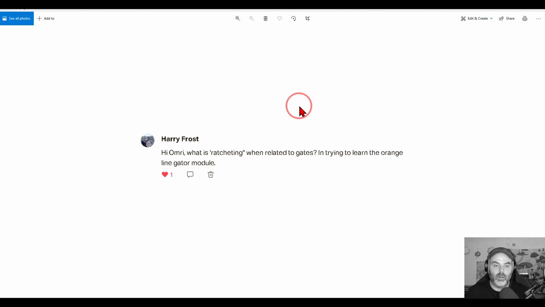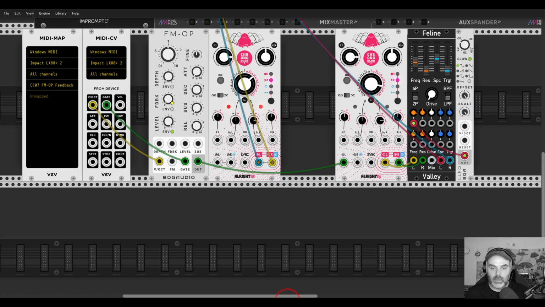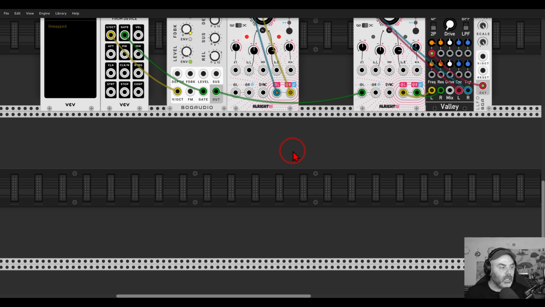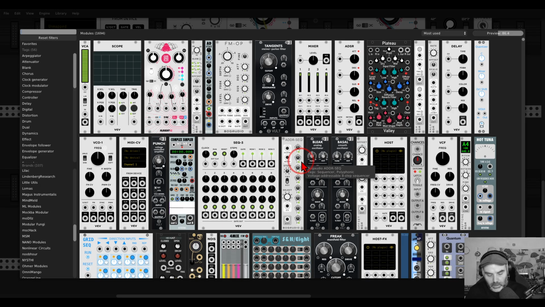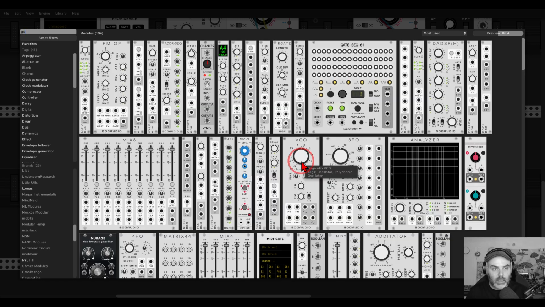Harry Frost: Hi Omri. Hi. What is ratcheting when related to gates? I'm trying to learn the Orange Line Gator module. Okay, so ratcheting, let's go over what is ratcheting, because the Gator module, first of all, if you are not familiar with the Orange Line collection,